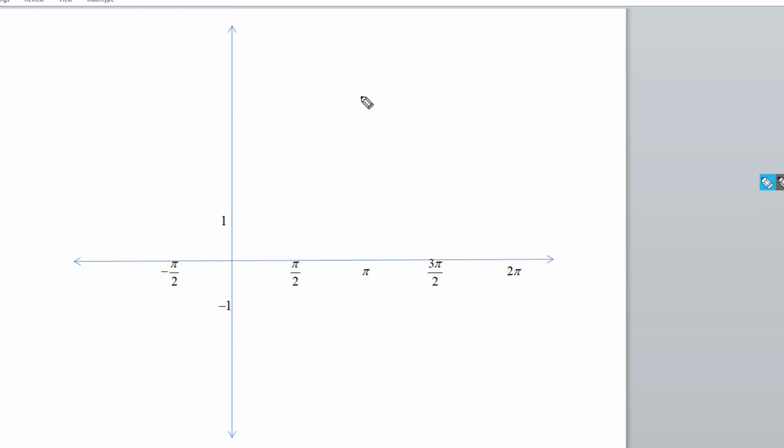So it's going to have vertical asymptotes. At pi, and of course at 0, which would be x equals 0, which would be your y-axis. And then also at 2 pi over here and negative 2 pi over here,